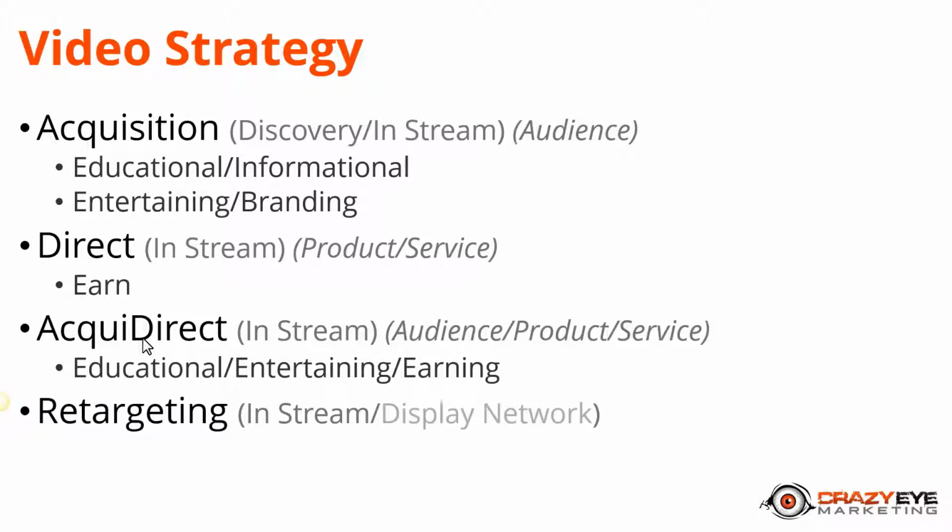And then there are the retargeting ads, which I talked about. These can be in-stream ads and also display network, and I'll talk about this later on as well, but display network basically puts your ads on websites across the internet that are running Google AdSense. So Google AdSense is basically Google's display network, and you can place your ads there for people that watch your videos. That way your ads are following people on YouTube, but they're also following people on websites that they're visiting. So you're ever present.